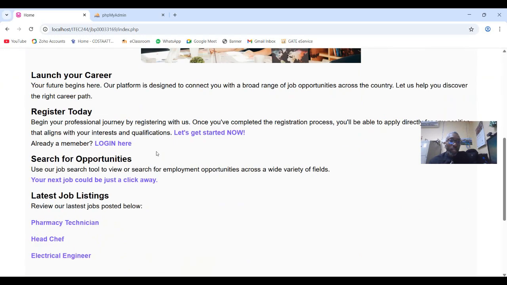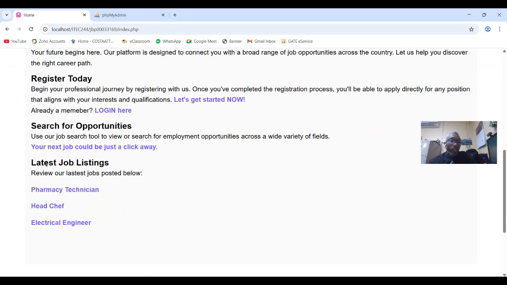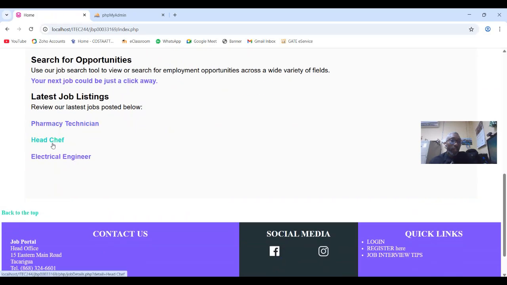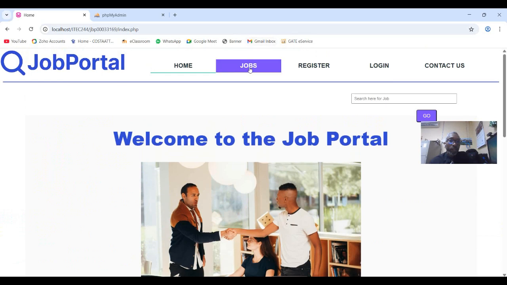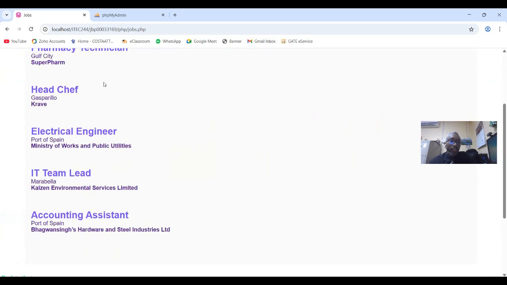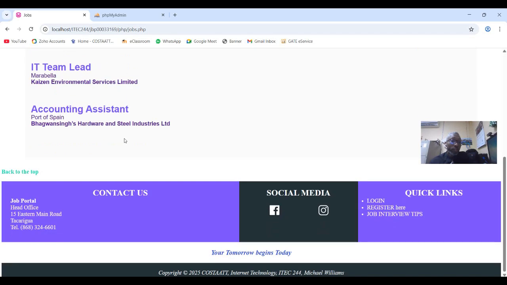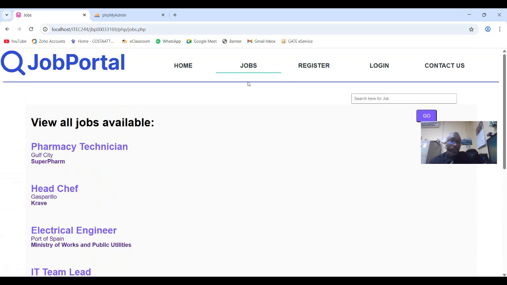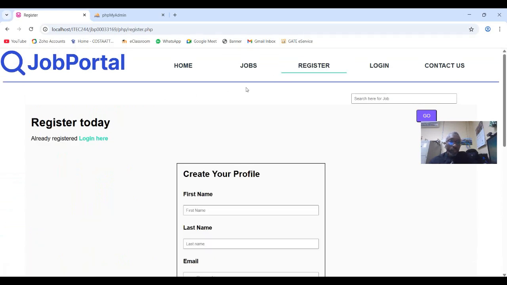The home page has information. Then it has clickable links. And also, one of the requirements was 3 of the latest job listings to be located on the home page itself. The job page has information on all jobs available by this website, and the register page